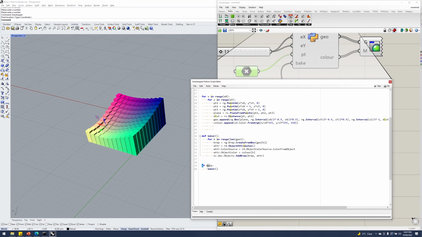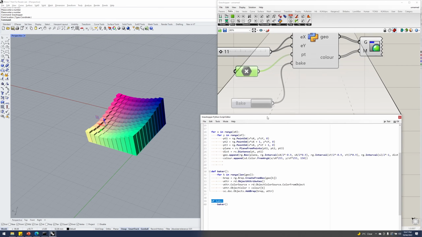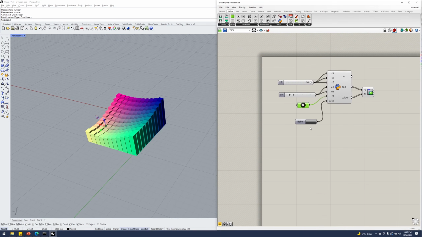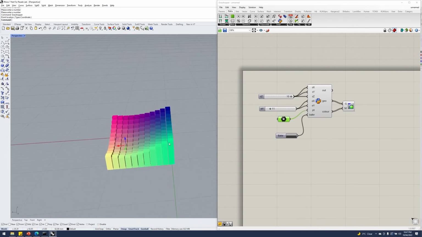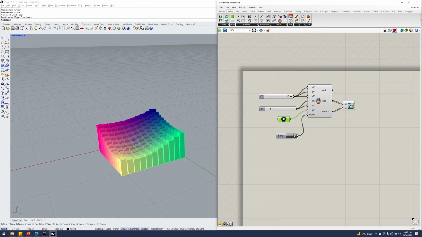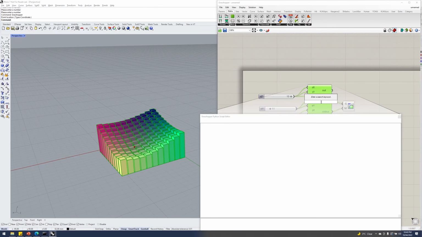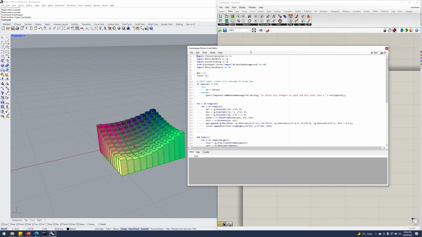And that will, so if bake is set to true, which is just by hitting this button, run this function, so then the script will go find baker and run through this. So if we hit test, and hopefully I don't have any typos, hit bake, and we do have an error. What have I done wrong? So somewhere in here,